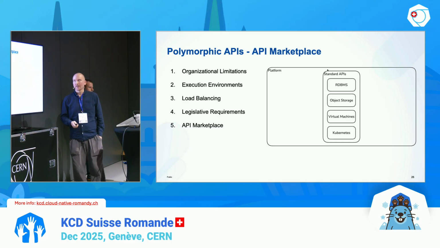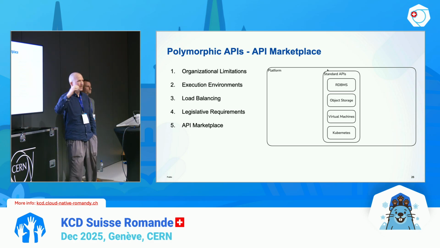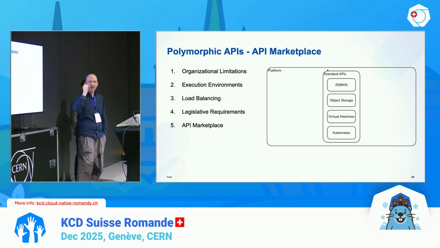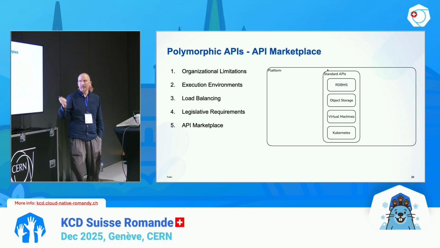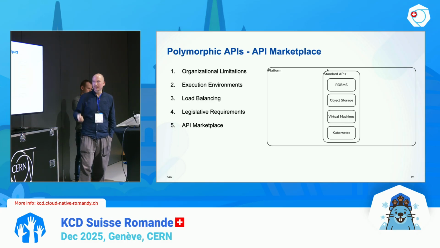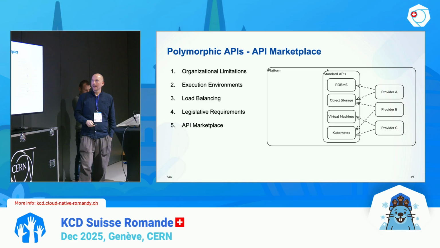Then in API marketplace, you have, for example, an internal development platform where you have a set of standard APIs that you want to define, like Postgres, Kubernetes, virtual machines, object storage, and then you get providers in. These providers can be internal teams. This can be external providers that you pay to offer the service for you, or just wrappers for cloud services